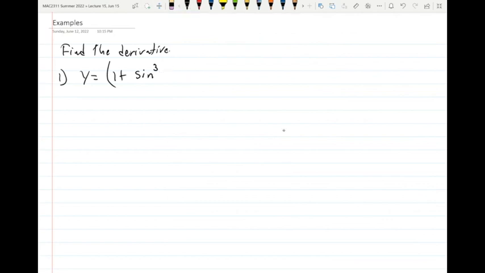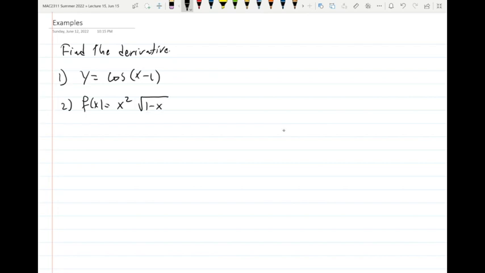Let me leave number 2. Let's put something simpler first. Let's do y equals cosine of x minus 1. And let's do f of x equals